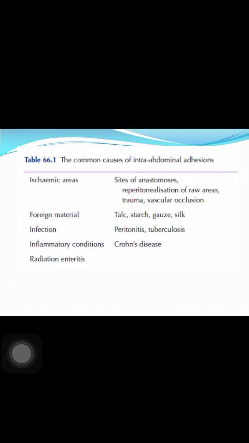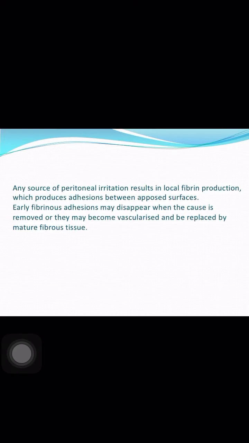Infection, peritonitis, tuberculosis, these are side causes of adhesion. Inflammatory conditions like Crohn's disease, radiation enteritis, all these cause abdominal adhesions. Any source of peritoneal irritation results in local fibrin production, which produces adhesions between opposite surfaces of the bowel. Early fibrinous adhesion may disappear when the cause is removed, or may become vascularized and may be replaced by mature